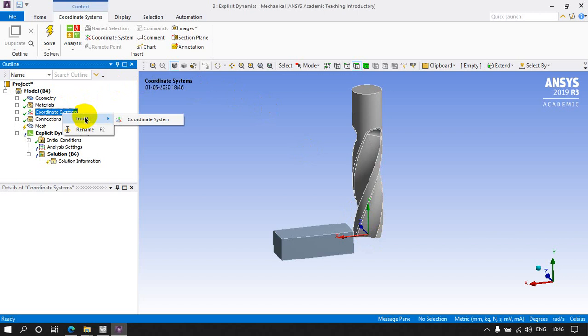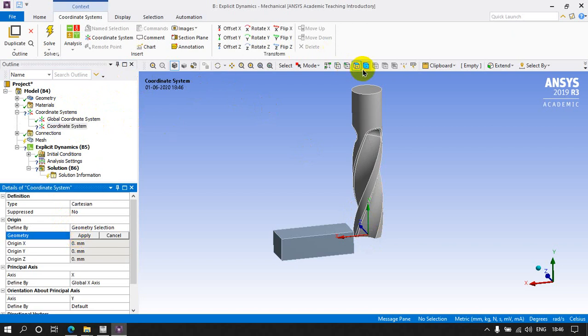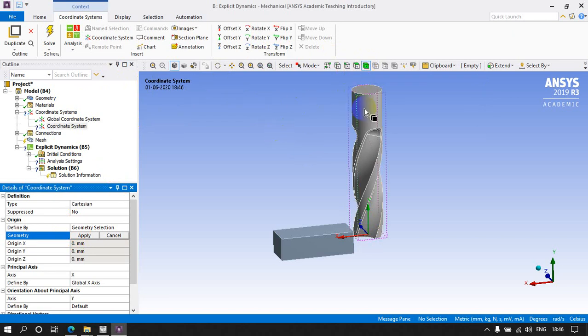Click on coordinate system. Inside, I'm going to select the coordinate system here and select the geometry. Geometry is very important here. Click on the geometry, select this option called body. Body selection, choose the body, then click on the geometry, apply, so that we can see a new coordinate system is developed for a particular body.